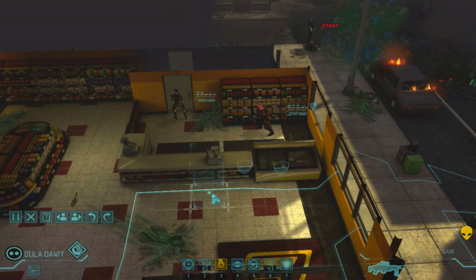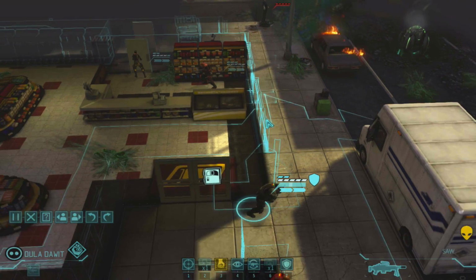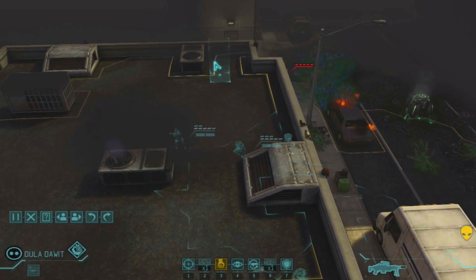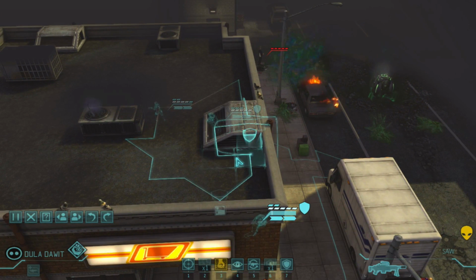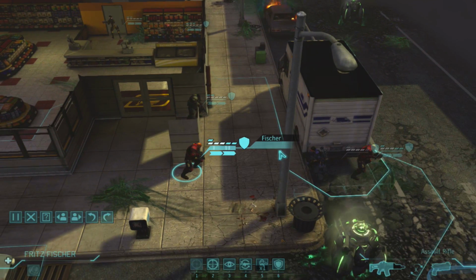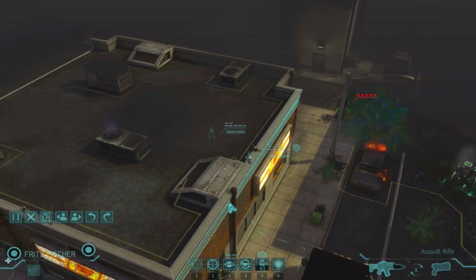Okay. So what I want to do is funnel the thin man this way. There is one other possibility too, which is of course that the thin man takes the roof, and that's something we need to be mindful of. We probably want to have somebody spotting on the roof. Yeah, I think I know how I'm going to play this actually. I was about to say I'll put